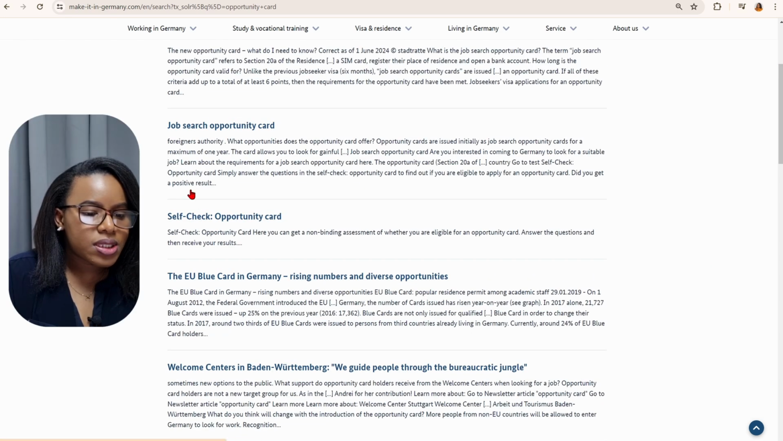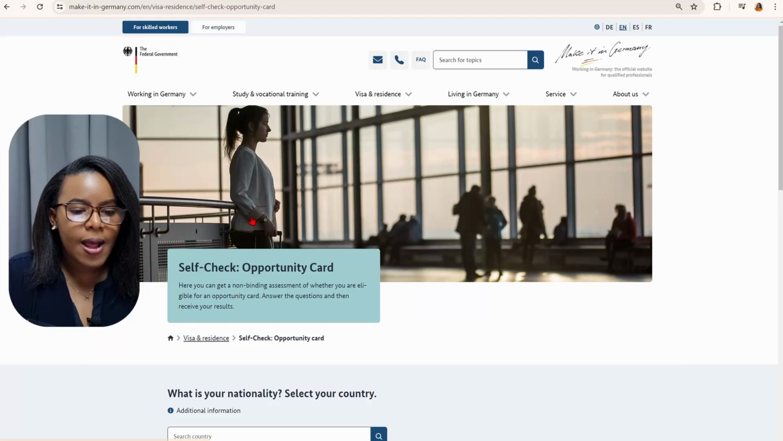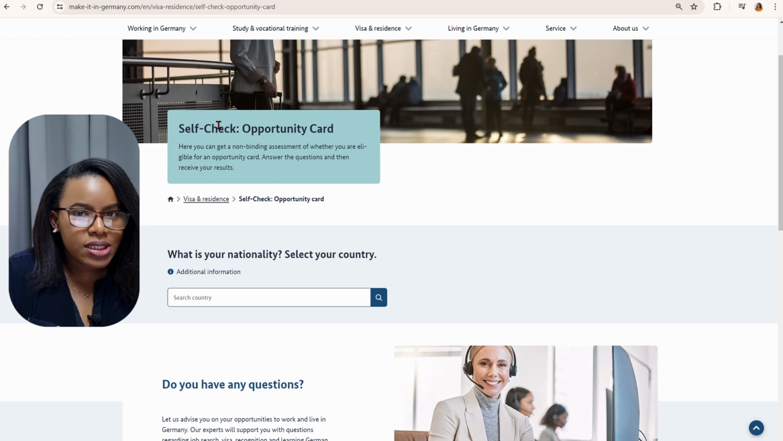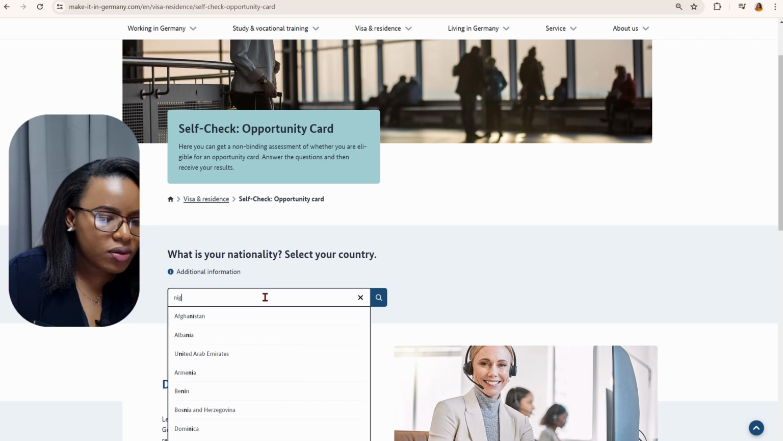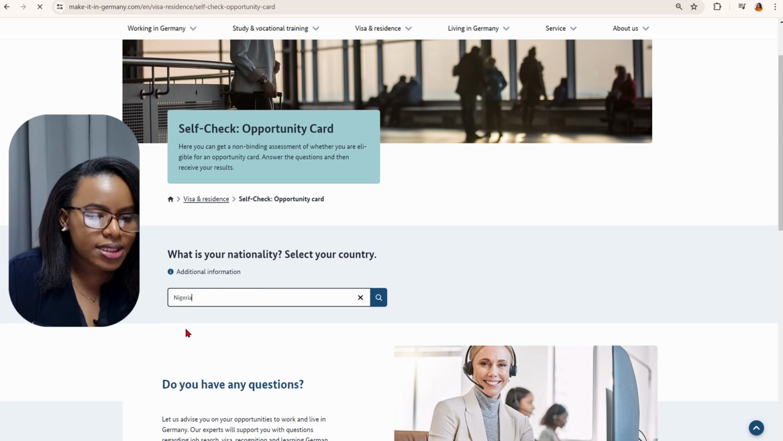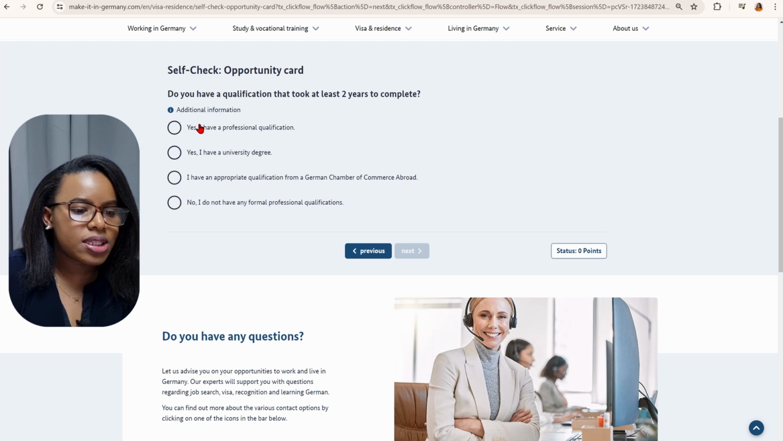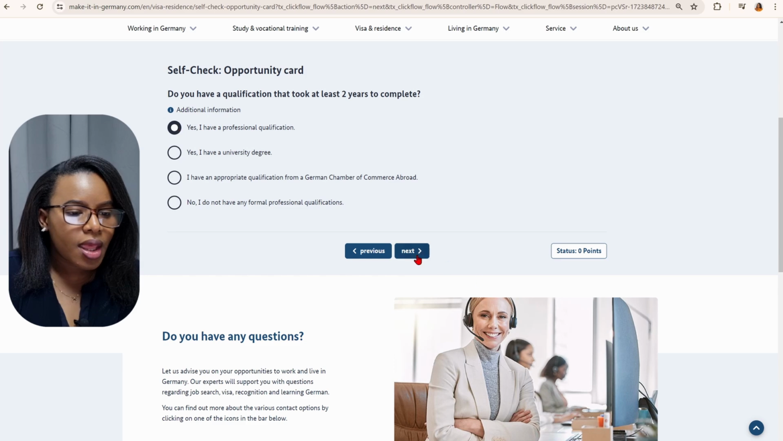We scroll, and we'll see the self-check for the opportunity card. This will help us calculate if we have what it takes. Follow the steps, it's pretty simple. What nationality are you? I'm just going to write Nigeria, select, and you just keep answering the questions. Do you have a qualification that took at least 2 years to complete? I would say yes. Next,